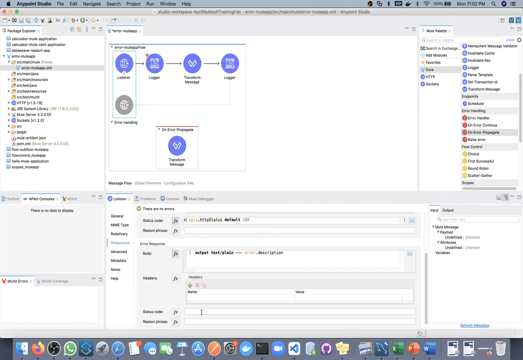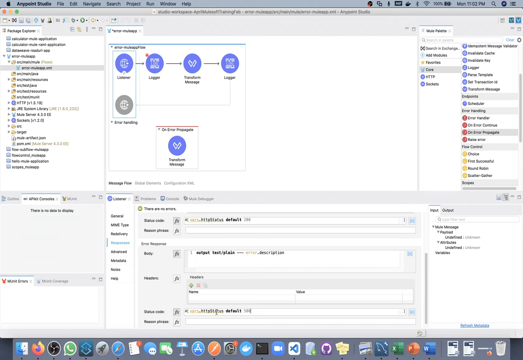And in status code again I want to send the same thing, vars.http status. Spelling is correct, yeah, and in case of default I will send 500.